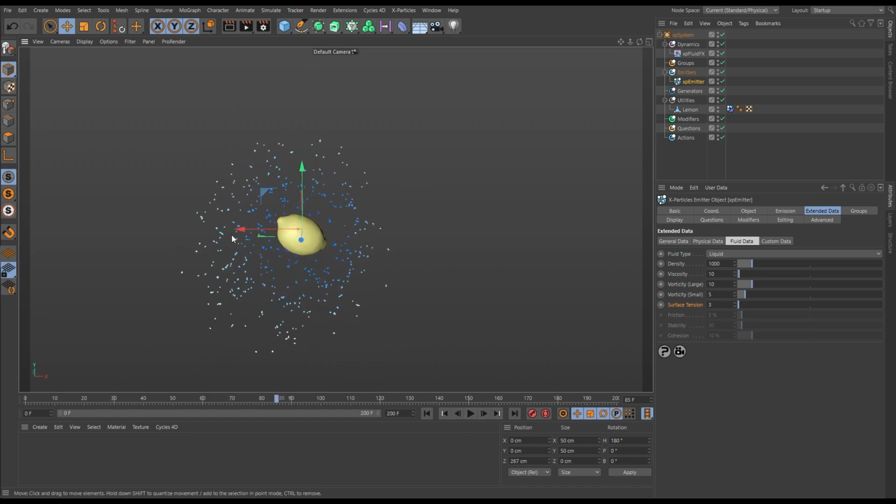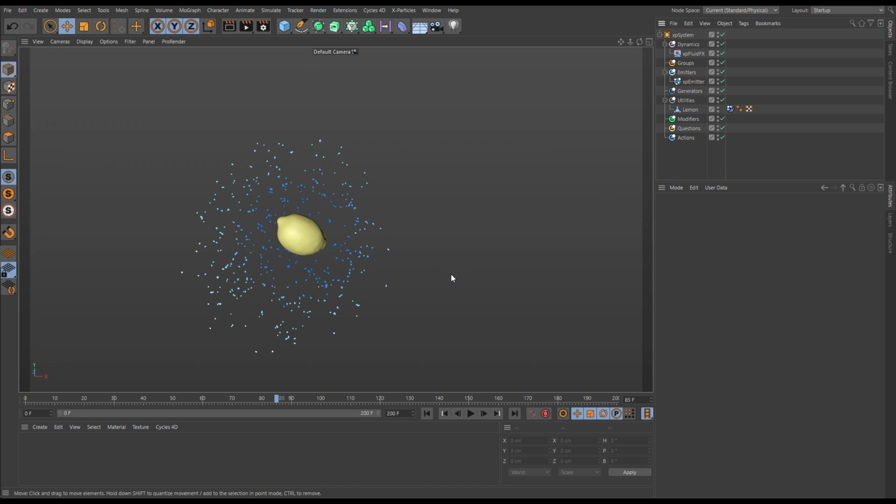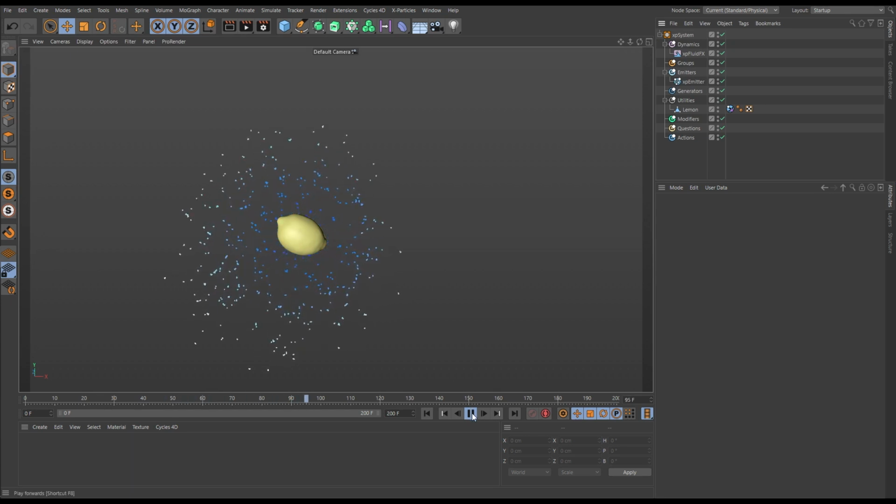Now, with the particles being dispersed this widely, it's difficult to see what difference that surface tension makes. But later in the simulation, it will become obvious. So let's leave it on the default 3 for now, which means it doesn't have much surface tension. Okay, so we have our basic simulation, but what we want to do is simulate kind of a high-speed photography